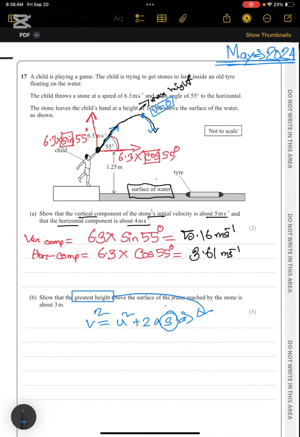And as the ball is moving in the vertical direction, as we are counting the vertical height, we will take the vertical velocity, which we found out here, 5.16 m/s. So the final velocity will be 0, and the initial velocity will be this velocity, as it was the vertical component. We are finding out the vertical height of the stone. So we will take this velocity, neither this 6.3 nor this 3.61. We just take the vertical velocity, which will be